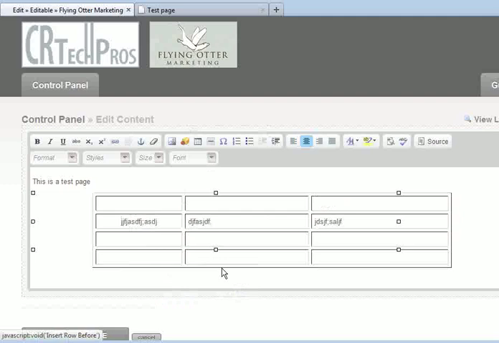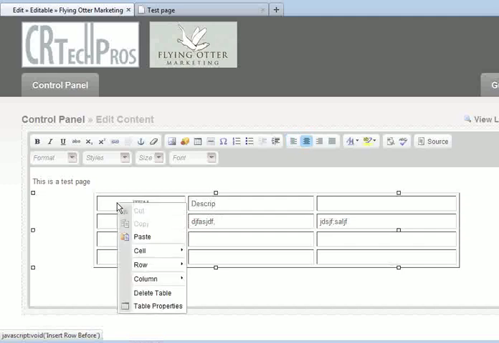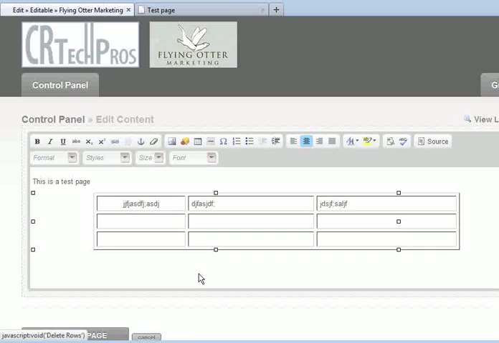And as you can see, it just inserted a row just that easily. So I could go in and type in my headings here. That one's going to be an item, this is going to be a description, and so on. So it's just that easy. You also then, from that same flyout menu of the rows, you can actually delete a row. Very handy. Again, each time I'm accessing those menus, it's just by right-clicking over the table, and I get the